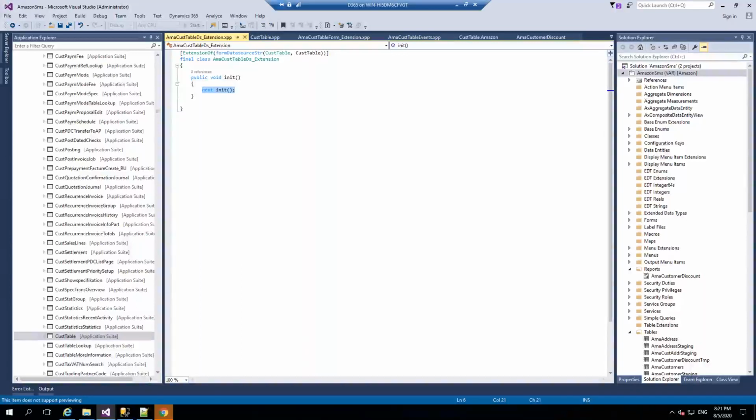Okay, that is where we will use replaceable. If the replaceable attribute is set, then whatever code you write now, that code will execute. There is no need of calling the next statement. And the replaceable attribute, I don't know in which version they will provide it for everything. Currently they have provided it only in very few cases, but as per my knowledge, very soon they will provide replaceable,